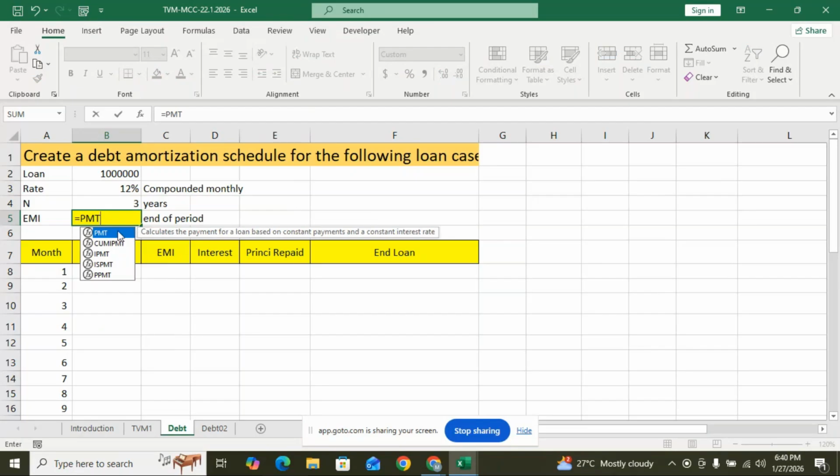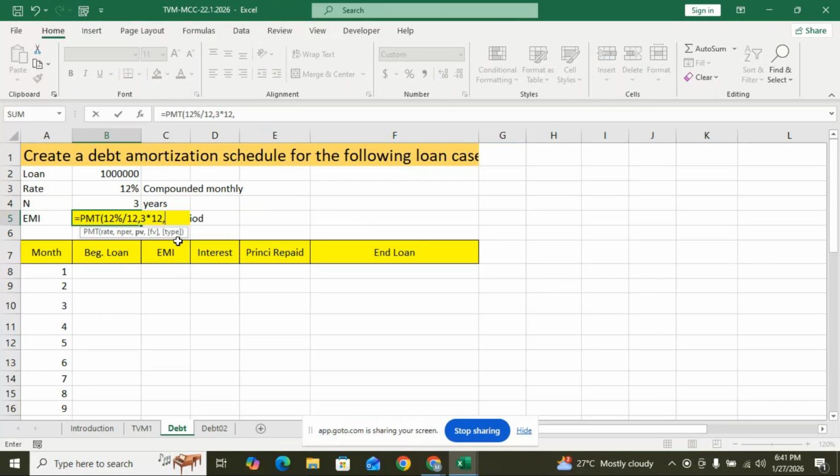So select here PMT. And the rate here is 12%, divided by 12, since it is on a monthly basis, comma, number of years is 3 years into 12,